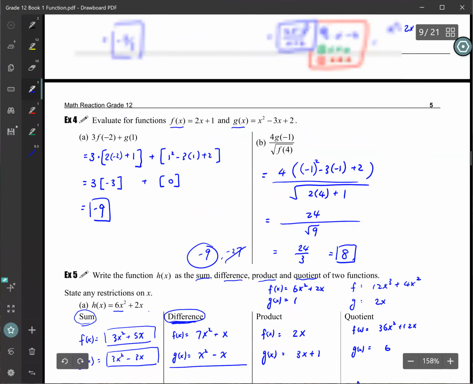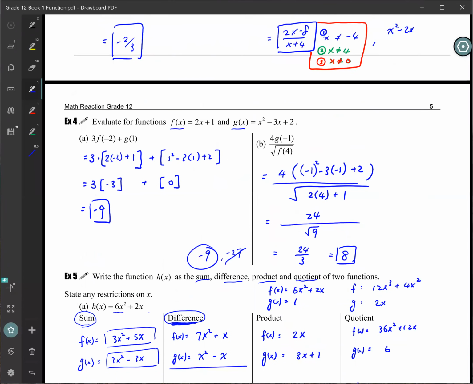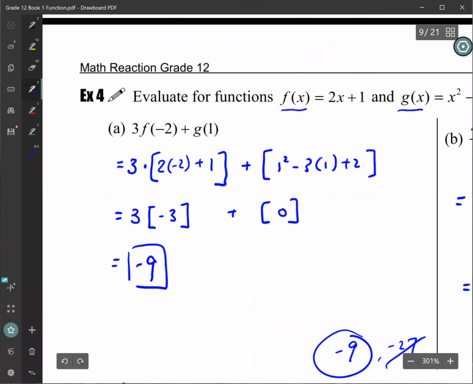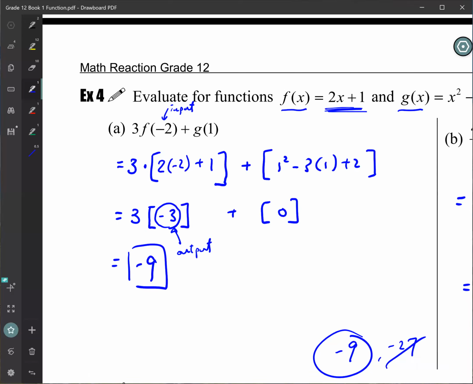So if we look at the previous page, for example, question 4a, f of -2, right? That means you take -2 and then plug it into the f of x, plug into the x and then calculate. So you have an input, and then you get an output. The output is -3. Okay, so input, output, it's like you throw the material ingredients into a machine and then the machine will